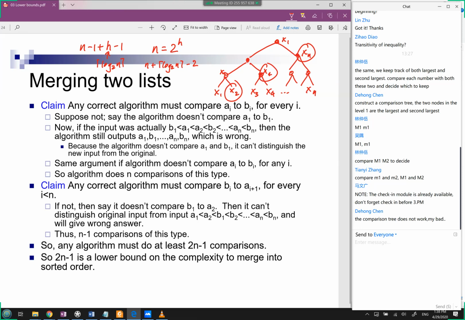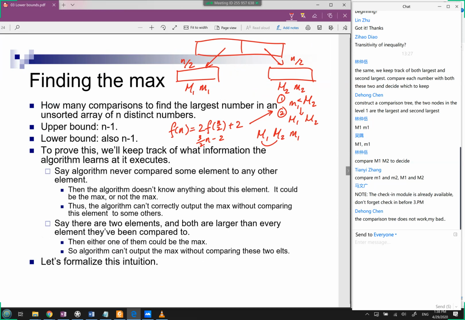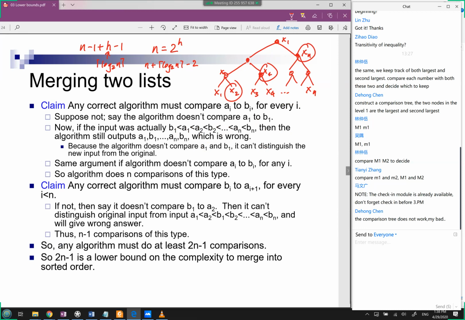So that's an algorithm to find both the max and the second max. It's more efficient than the divide and conquer algorithm, because that took something like 3/2 n. And it turns out that this complexity is the optimal complexity. We don't really have time right now to go through that lower bound, but you can look for some material that shows that this is actually the optimal complexity to find the second max. Any questions about this algorithm?